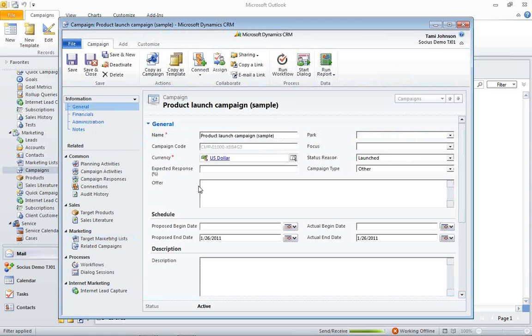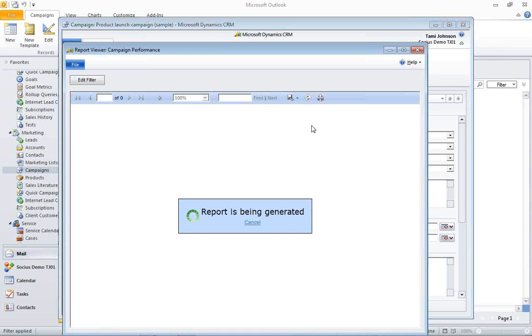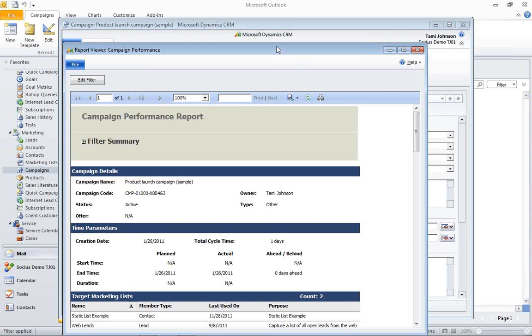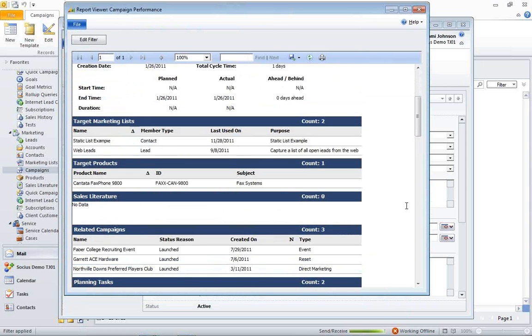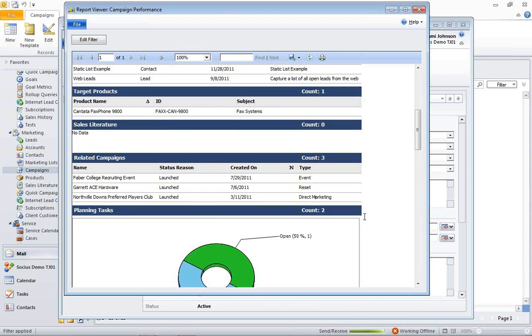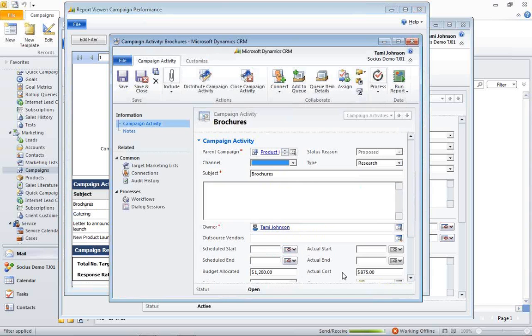So the goal of marketing is to generate business, and the way that we can monitor that is using this campaign performance report. This is a pretty comprehensive report. It's just an out-of-the-box report, and it tells me everything about the campaign. I'm just going to move it up here. So I can see the name and the time frame and all the marketing lists and the products. Keep in mind I can drill in on any of these. So here's my brochure activity. I can just click on that. We saw this before,